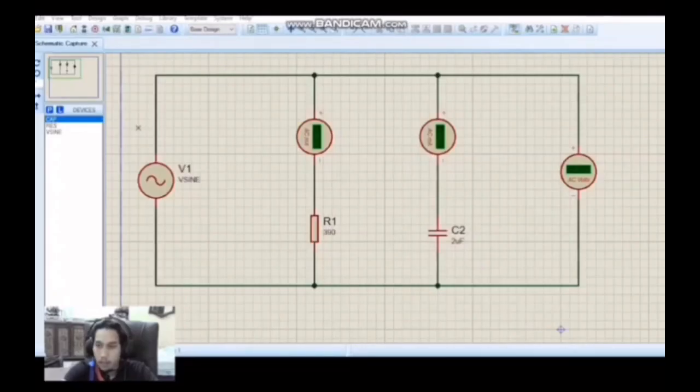Now I will explain activity 4. The circuit is almost the same as activity 3, but activity 4 is the parallel resistive capacitive load circuit. So we use the same component and the same circuit, but this is in parallel. Okay,